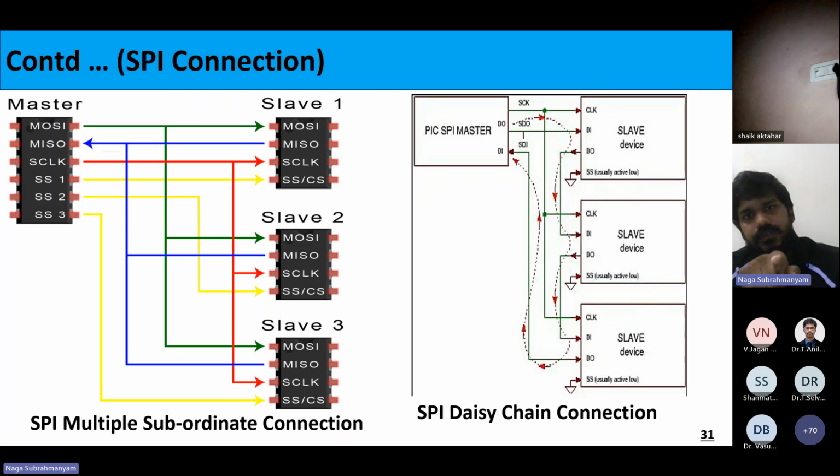So in SPI, this is the master. The master wants to give data to all 3 subordinates in different fashions. See, here the subordinate pins are 3, so I can connect 3 pins and start giving data to 3 at a time. Suppose there is only 1 pin, but our subordinates are 3. Then how will we connect? From the master the data should reach subordinate 3. It will give to S1, from there to S2, and from there to S3. That is called a daisy chain. There is only 1 pin here, so it gives the data to this one. This one doesn't consume the data; it just passes it along from here to here. Different configurations are there.